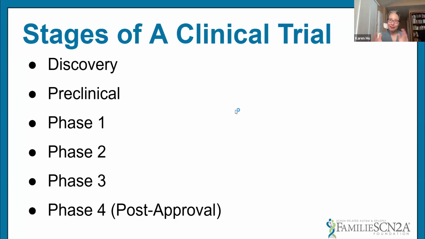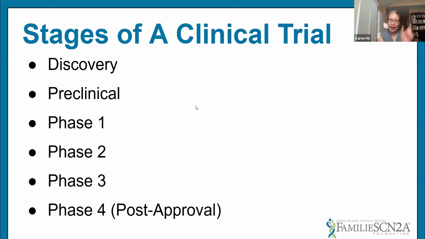If the results then support moving on to phase 3, now it becomes what's called the pivotal trial. It is a larger study that is broadly enrolling more people, and they try to increase the number of people who are eligible, so that they can have what is called a broad label, basically, so that their drug can be assigned or prescribed to a large number of people and not be